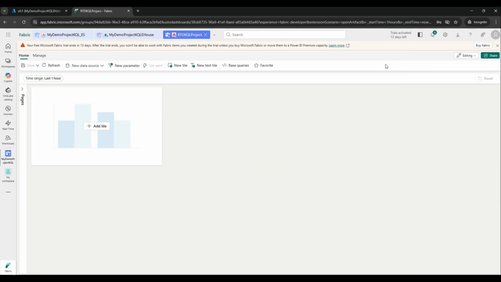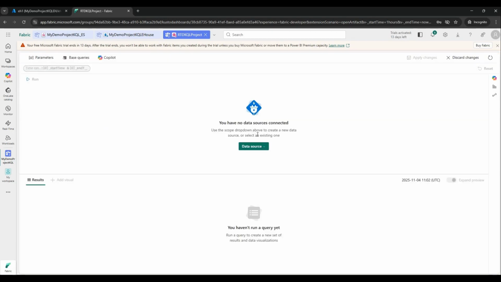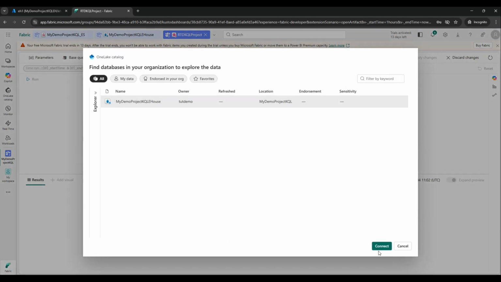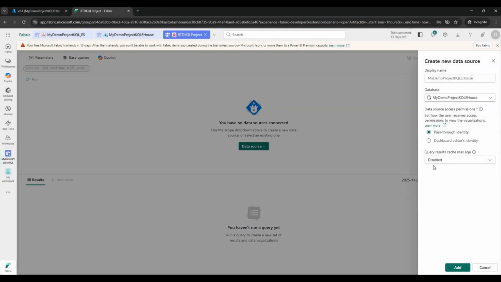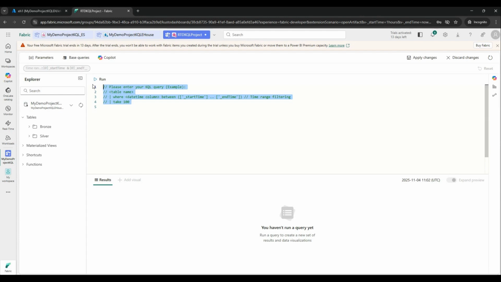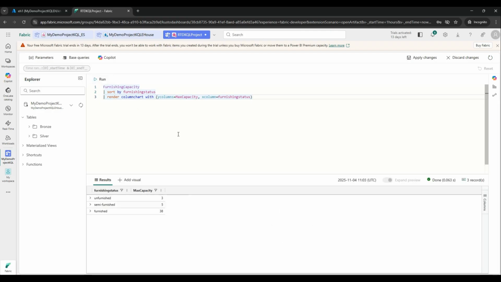First, change from view to edit, add data source is EventHouse KQL query, and we select and connect it, and yes, add it and paste here. So let me run it, and when you save it